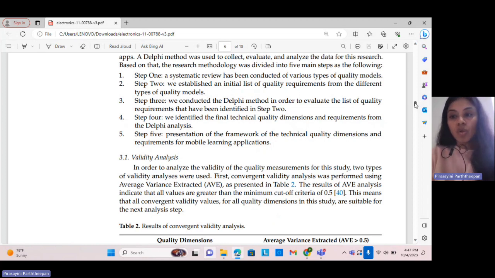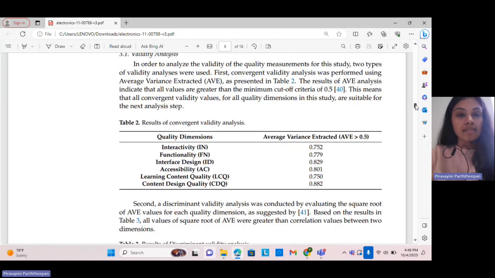And next, when we talk about the validity analysis, here using average variance extracted is a statistical method employed to assess the extent to which multiple items measuring the same construct in a research study converge together. In this study, it appears that they have assessed the convergent validity of quality measurements for different dimensions or constructs related